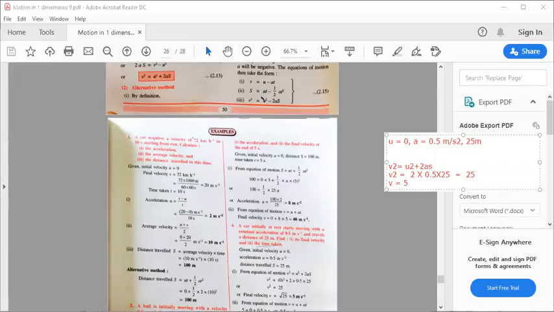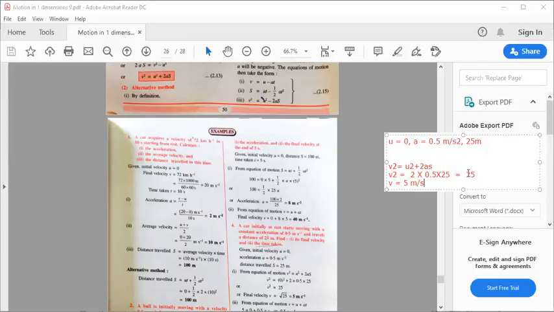So v is 5 meter per second. Now in this square root, we have to take the positive only. Why do I have to take the positive? Because see, whenever you take a square root of 25, there will always be two answers, plus 5 and minus 5. But we are not going to take minus 5 because the car is initially at rest. So basically it is at rest and now it is accelerating, so it will be in the positive direction. Now if the car is stopping, that time you can say that yeah, we can go into another direction. But here we will always be positive because it is starting from rest.